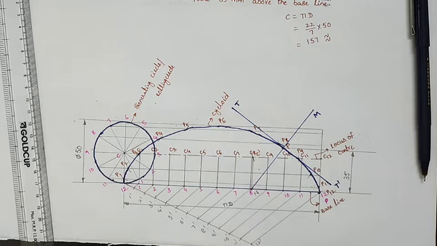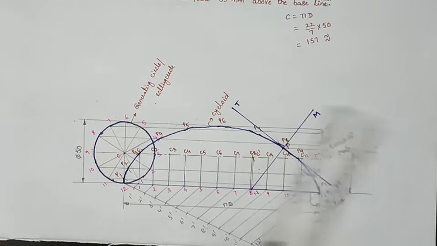So from C dash, draw a parallel line to C8 or C9 up to the baseline and locate that point as N. Joining N and P and extending that line, we will obtain a normal. Through the NM, draw a perpendicular bisector, we will obtain a tangent. Okay, so this is the method of constructing a cycloid.